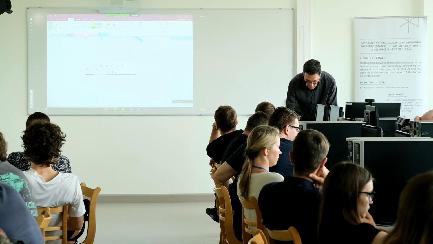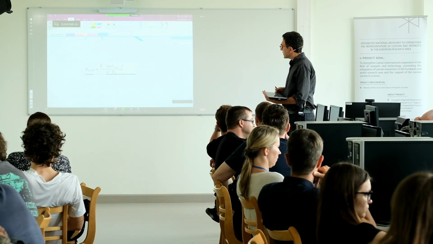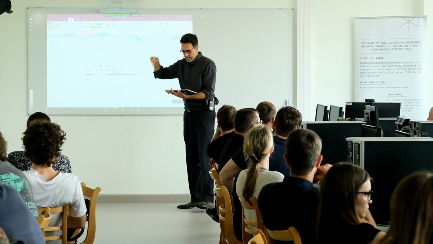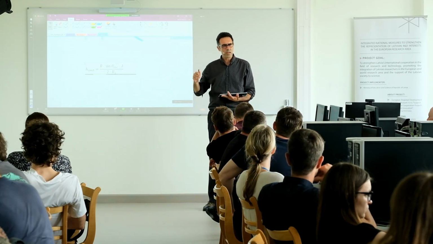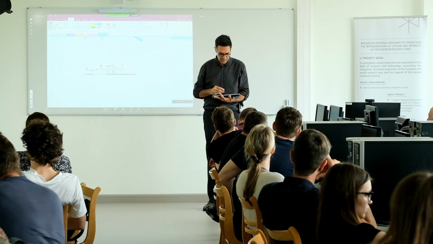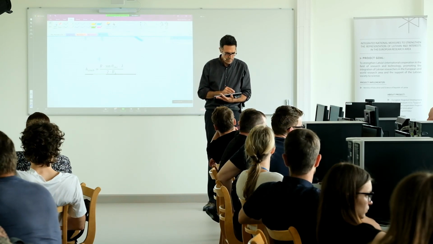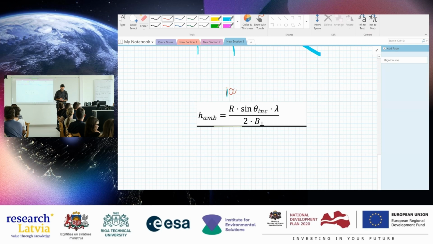Okay, so this is the equation, right? So let's do this. Let's say that the distance from the satellite to the ground, the satellite Sentinel, is about 700 kilometers, I guess, but it's looking to the side, so I just have the value of 1,000 kilometers here. So 1,000 kilometers is 1 million meters. So we had the phi, which was 35 degrees, but that's too difficult for me, so I make it 30 degrees, and so the sine of 30 degrees is half, square root of 3, right?